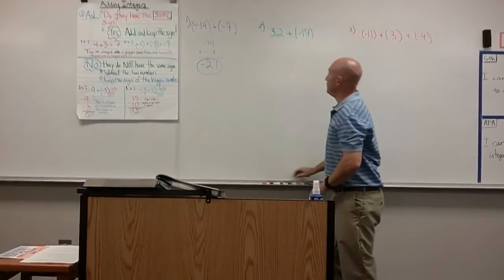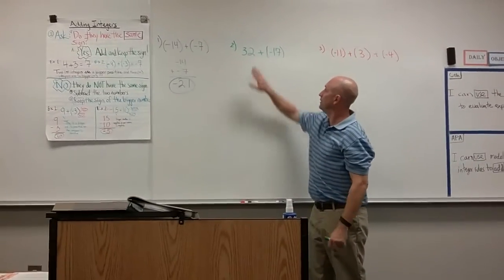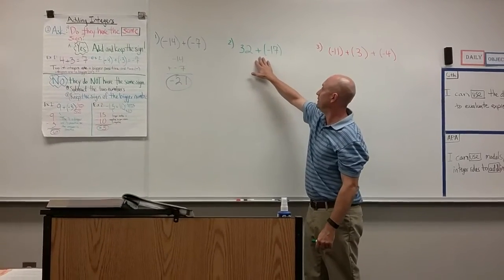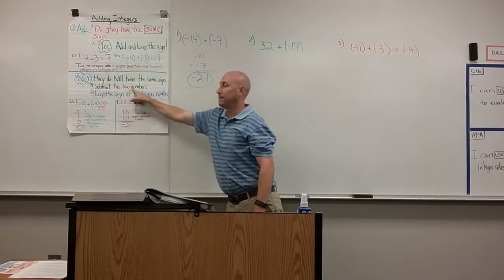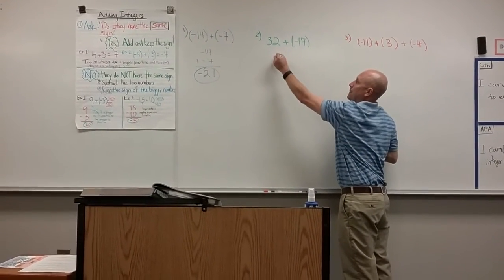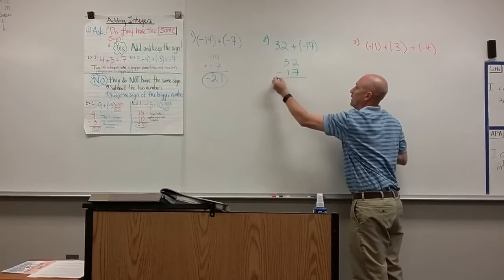Moving on to example 2. I ask myself the same question. Do they have the same sign? No, they do not. Since they do not have the same sign, I'll go ahead and subtract the two. Therefore, the bigger number on top, 32, minus 17, I have to